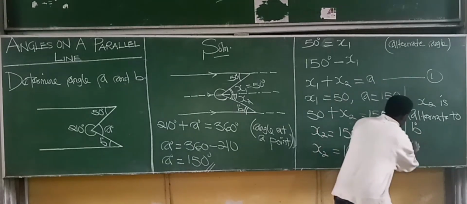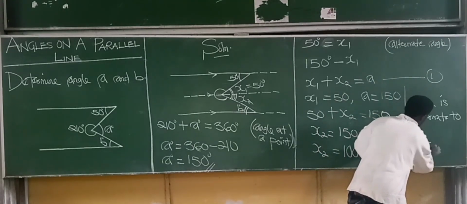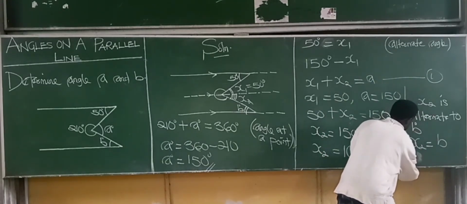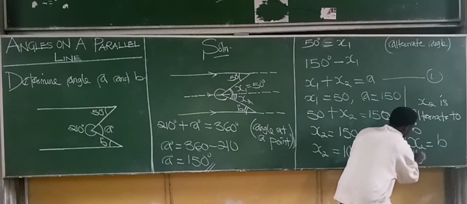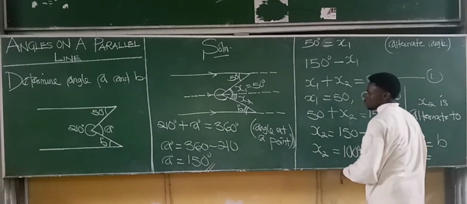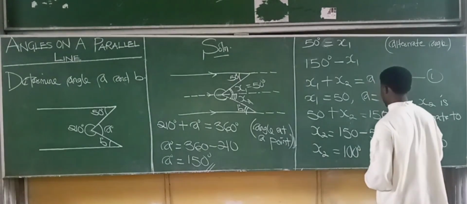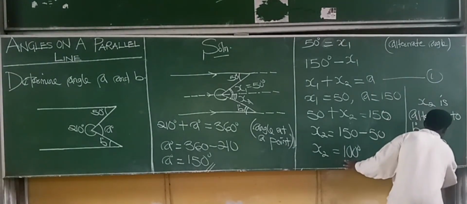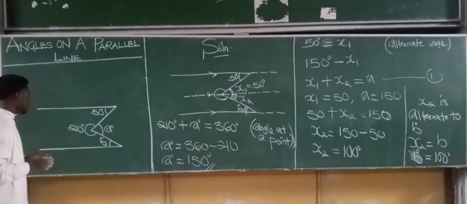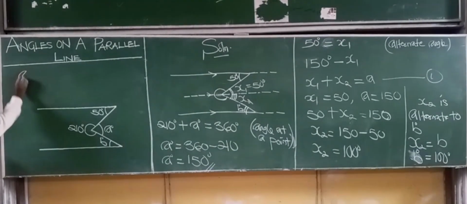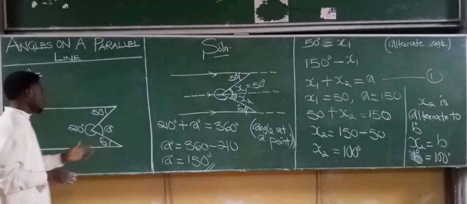That is to say, x2 is equal to B, and x2 and B degrees is 100. Therefore, we have A degrees as 150